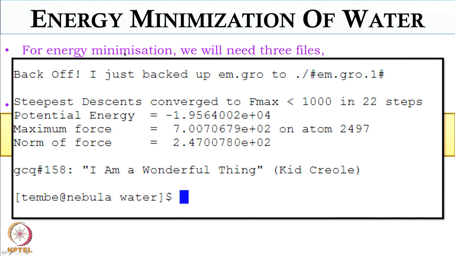If you give pwd, you will get the path. The path will be like home, then your name, then downloads, then GROMACS, then water. But you have put all these things in the downloads folder only? Yeah, but it depends on you. You can change it from downloads to, say, create a folder named GROMACS on your desktop or in documents or on your hard disk, and install it there as well. So now we have finished the energy minimization.